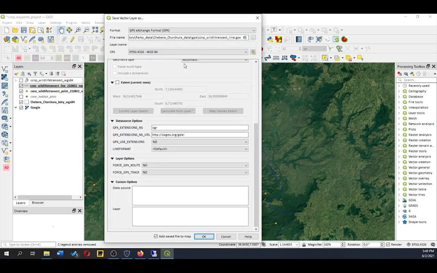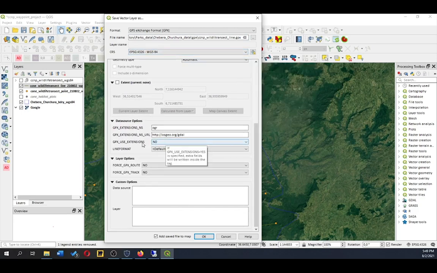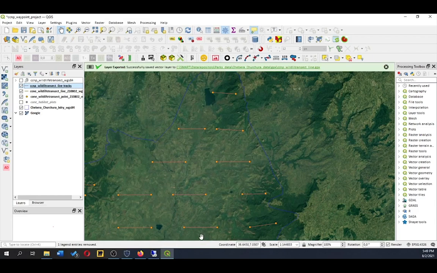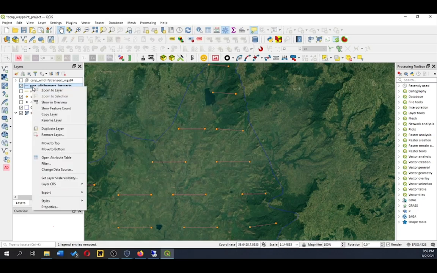So we have the right coordinate system in here, and now we have to also click on GPS use extension, and now click on yes. You can also force GPS route or track, but in my case it's okay. I say okay. In here you can see we have now this line transect as a GPX,